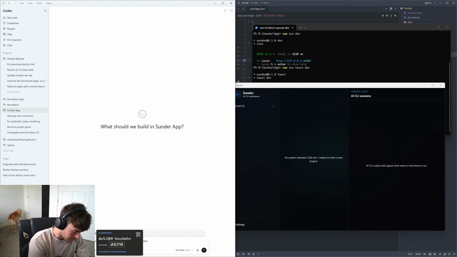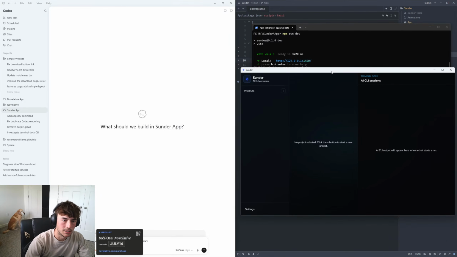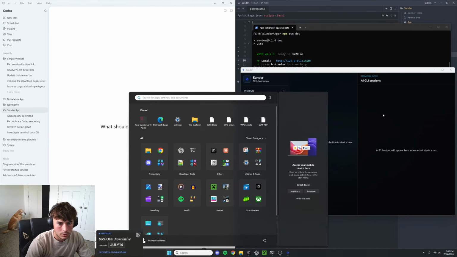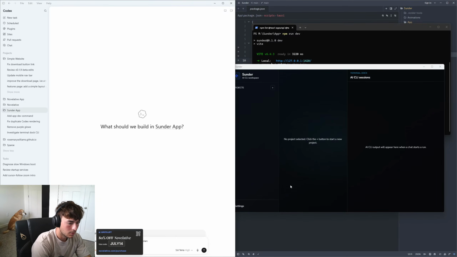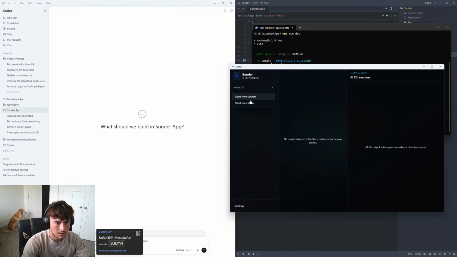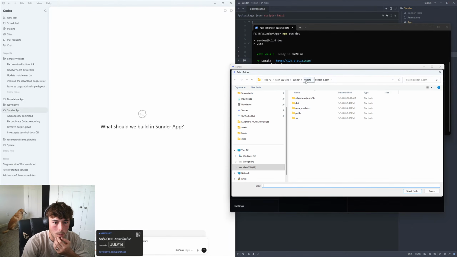Okay, so first things first. Let's see. So right now we need to fix the terminal dock. I think that might actually be the priority right now. Fix the terminal dock. The terminals are weird. Let me see what happens if I open up